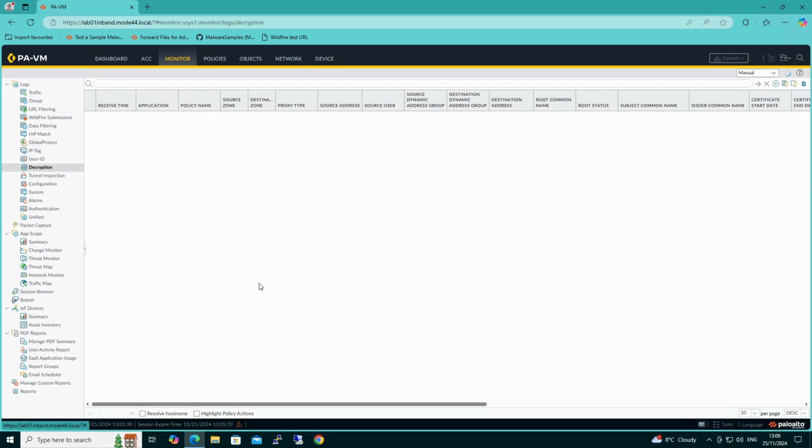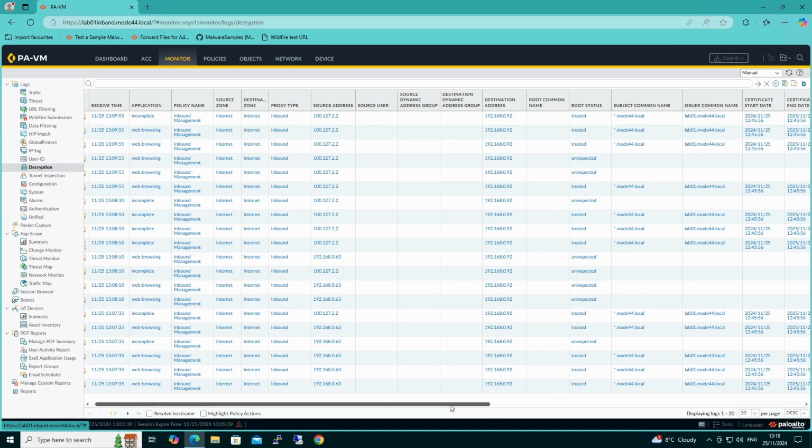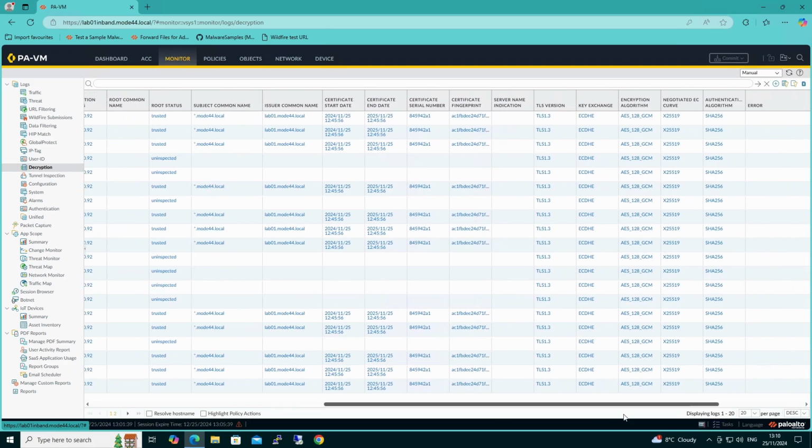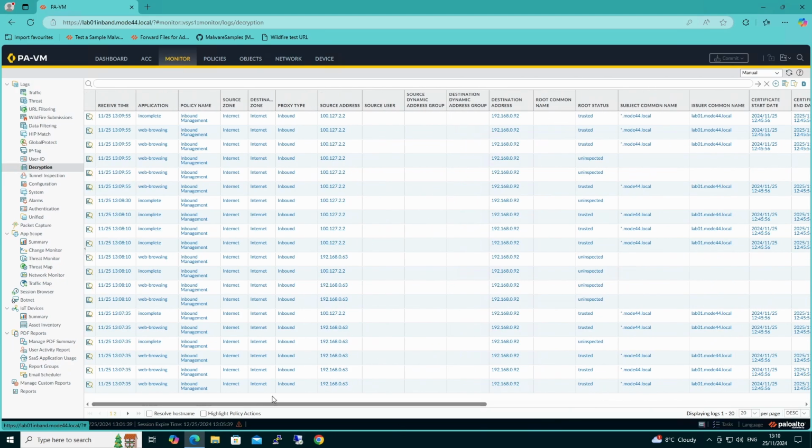And if we also go to decryption logs, because we were logging both successful and unsuccessful handshakes, again, we can see that same source address there. We can see that it's trusted, and then we have no errors, and we can see that that is being decrypted. So now that's being decrypted, we can then start to apply the security profiles to a rule specifically. So if we want to do that now,